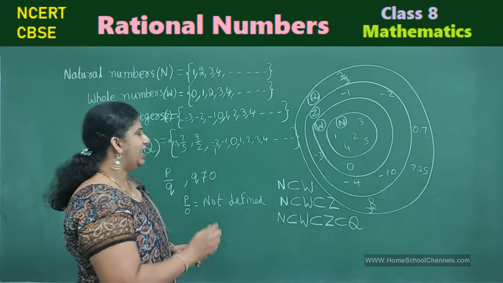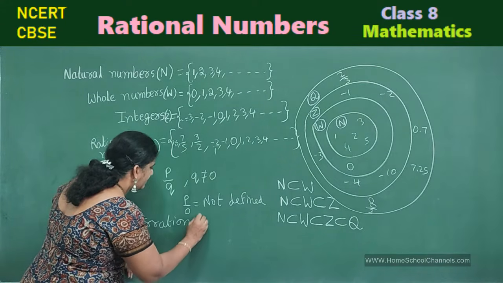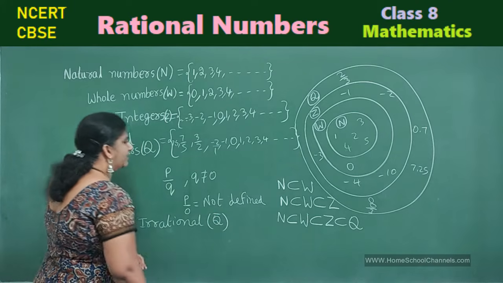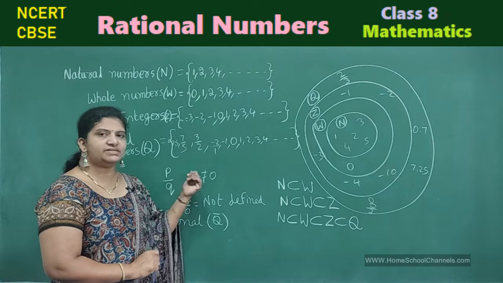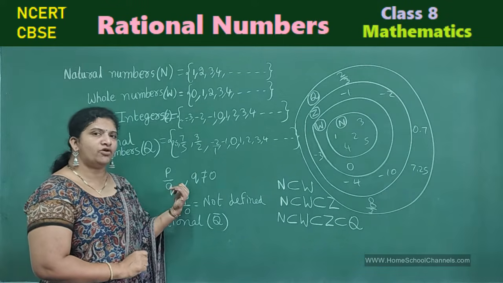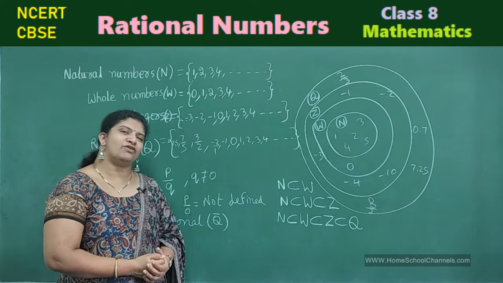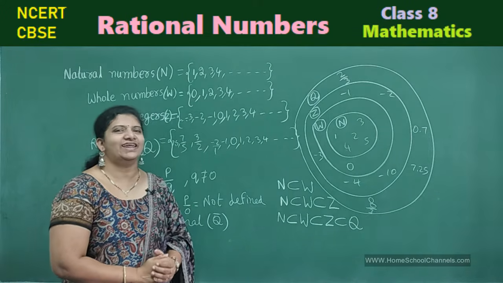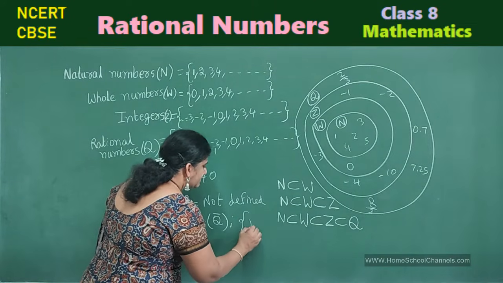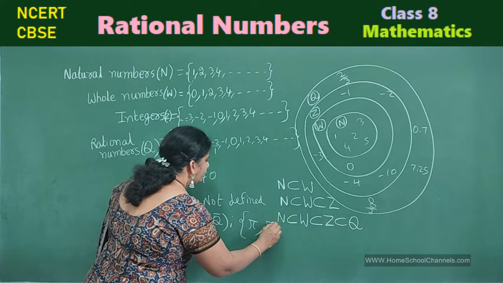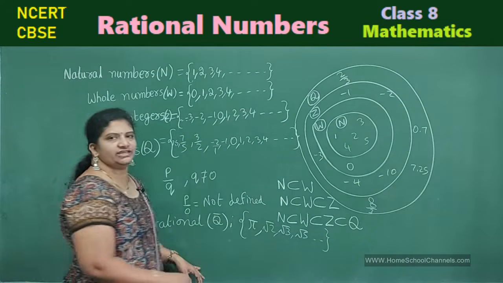Those are called irrational numbers. Irrational numbers are represented by the letter Q bar. What are irrational numbers? We know rational numbers, the numbers which can be expressed in P by Q form are called rational numbers. Here, those which cannot be expressed in the form of P by Q are called irrational numbers. Example, you can take pi is irrational, and root 2, root 3, root 5, and so on are all irrational